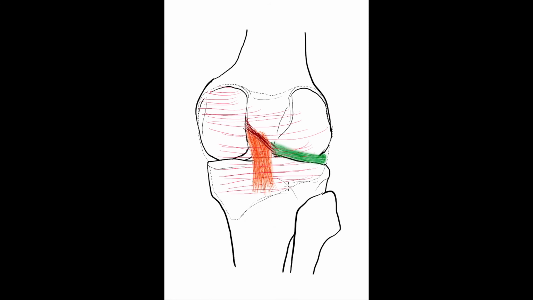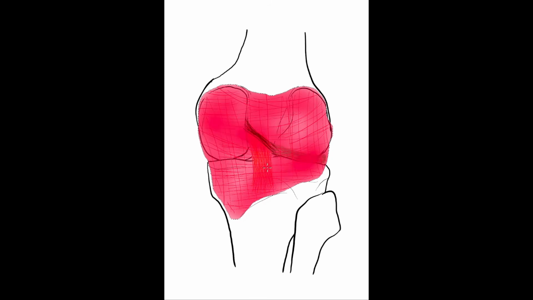The posterior fibrous capsule prevents the hyperextension of the knee. It is a wide and thick structure spanning from the posterior surface of the distal femur to the posterior surface of the proximal tibia. The oblique popliteal ligament is one of several specific posterior structures. It originates medially as an expansion of the semimembranosus tendon and goes lateral and superiorly into the